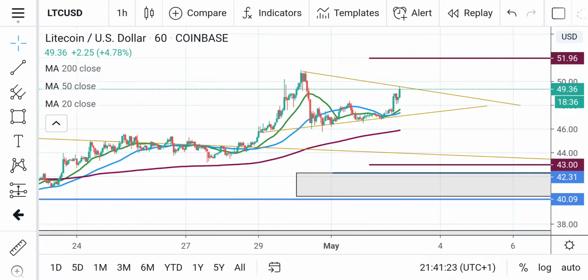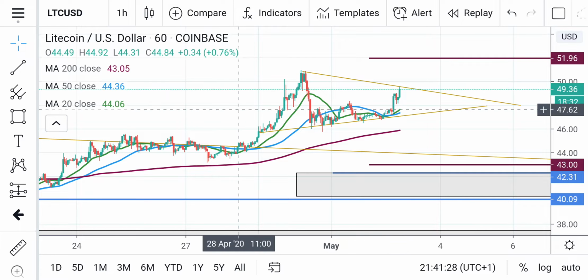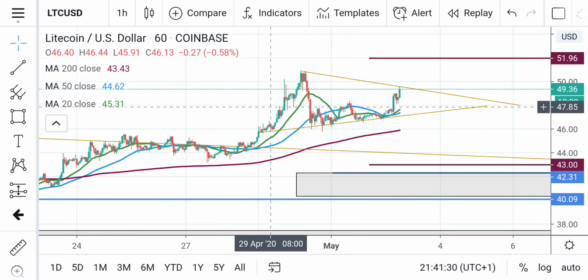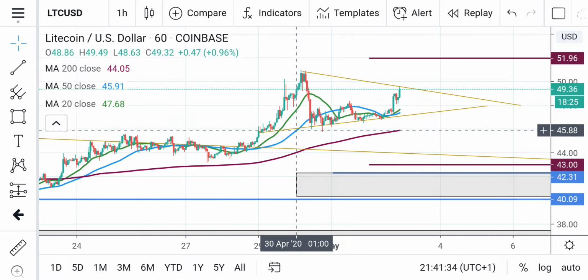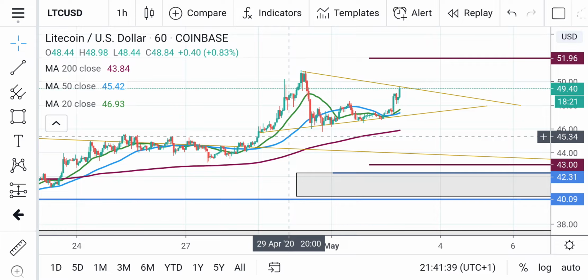If you want to enter on this 1 hour time frame, you can see the price is trading above the 20 period and 50 period moving averages. It's still in a strong uptrend at this moment. So you can look to put your stop loss below here. If you want to enter, you can put your stop loss around here and go long on this trade